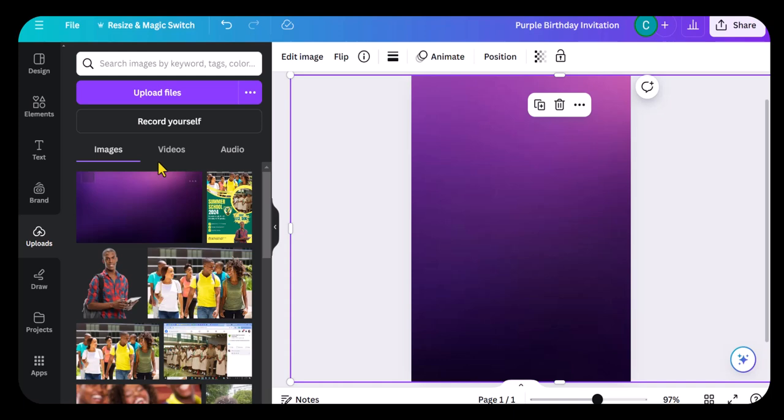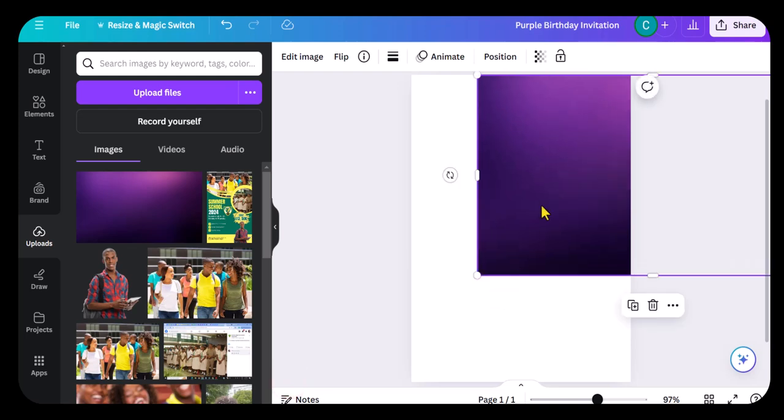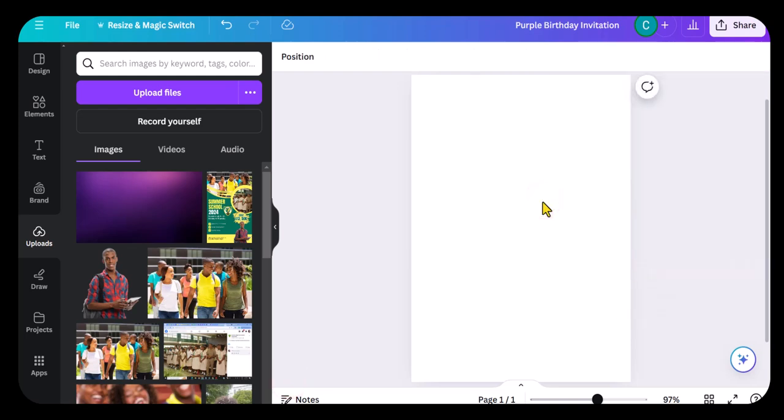Now, once we paste the image on the sheet, it should be noted that it can be found in Uploads in that vertical menu. So I'm going to delete what is on the page and it remains in the Uploads. Next thing that I'm going to do is I'm going to select that Elements.